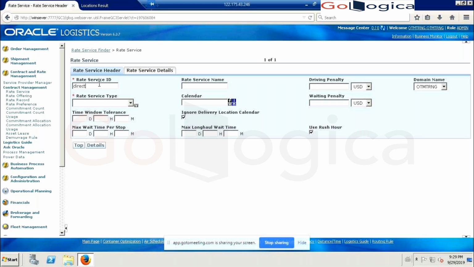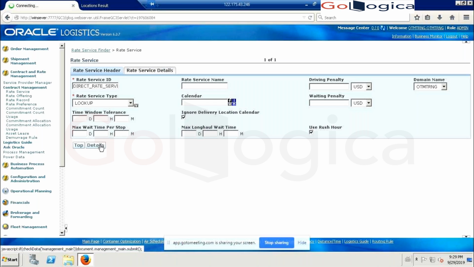Since I'm doing the direct shipment, I'm just going with the direct rate service as a service ID. For rate service type, I'm selecting the lookup, as I wanted to do the lookup. And here I'm not giving anything, so I'm just going to the details.